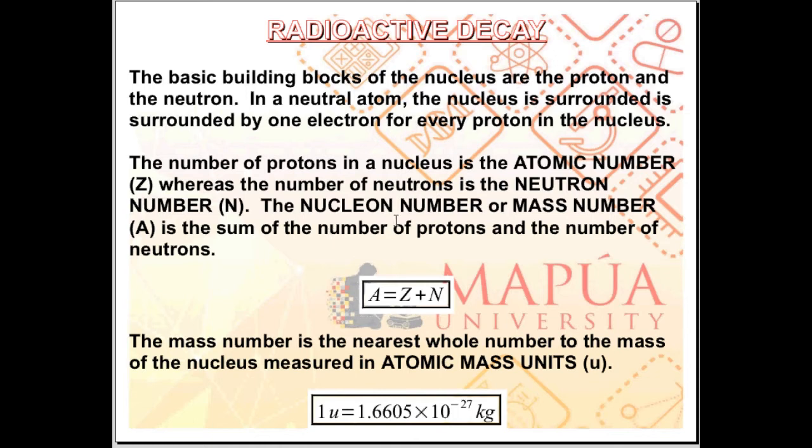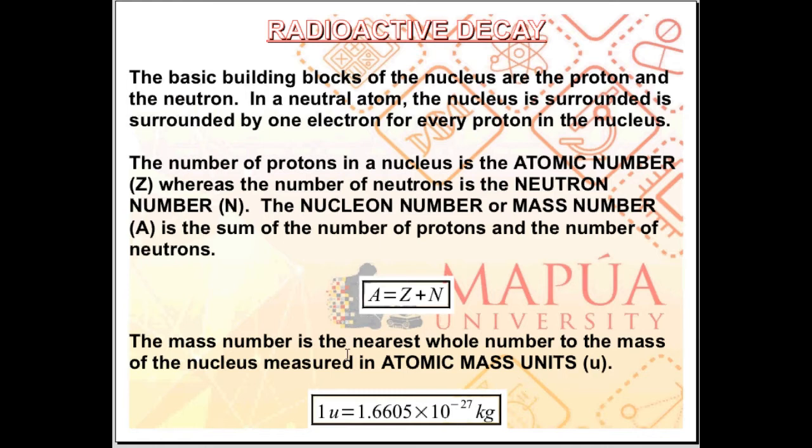The nucleon number or mass number A is the sum of the number of protons and number of neutrons. So A is equal to Z plus N. The mass number is equal to atomic number plus neutron number. The mass number is basically the nearest whole number to the mass of the nucleus measured in atomic mass units